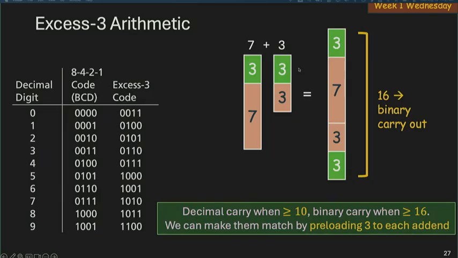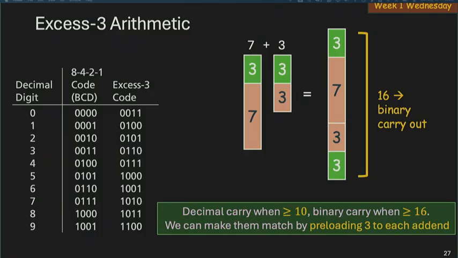So XS3 is this very cute idea, where to do addition, you preload every number by 3 so that when your magnitude reaches 10, the 4-bit binary representation reaches 16 to produce a binary carryout. At that point, binary carryout equals the decimal carryout. And carry is usually the longest path in your circuit. And by being able to optimize the latency of the carry chain, you can accelerate your overall multi-digit computation, like